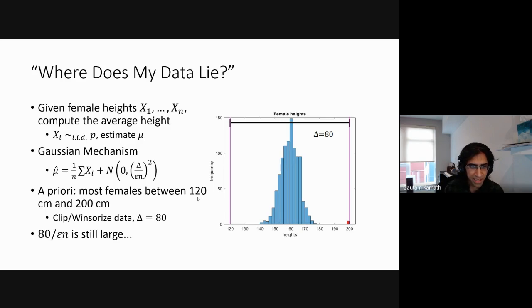But you can imagine that's still a 60 over epsilon n, which is a lot. And that took a lot of work, perhaps, to find out more data. This is a simple example, but you can imagine if you're doing some complicated biological data set where you have no intuition as to where the parameter should lie, where the data should lie, then we're not going to get very far. So the question we really want to ask is how to minimize the cost in our estimation procedure due to this uncertainty. Here we know that the parameter lies in a range of 80, and we want to minimize the cost based on the value of this 80.